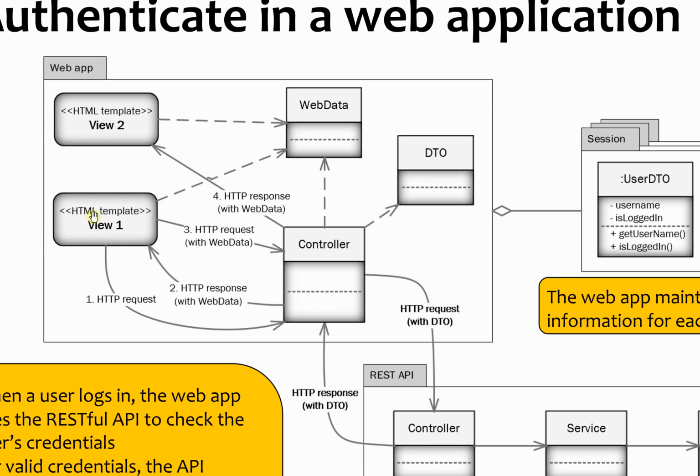The credentials will then be sent to a controller, which will contact a database if we're not using an API, use the database information to validate and authenticate the credentials that have been provided, and if the credentials are correct, to store the user information in a session attribute, so that when a subsequent request is provided by the user, the controller can check to see if that user is still logged in by looking in the session information. And if the user is logged in, do some authorization, and if it's authorized, go ahead and